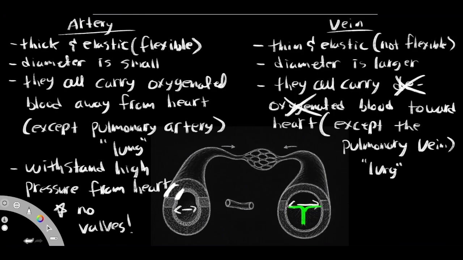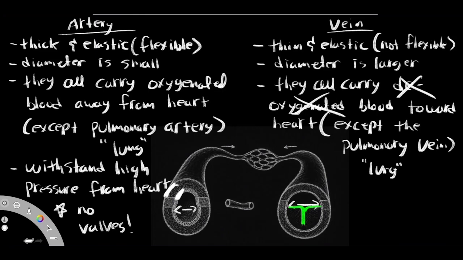It's going to carry oxygenated blood because at this point, it's already rich in oxygen. The lungs have already fed that blood oxygen when you breathe in oxygen from the environment. So this vein, it's going to carry blood to the heart so that it can be pumped out to the rest of the body. If the body is going to be getting this blood, it's obviously got to be oxygenated,